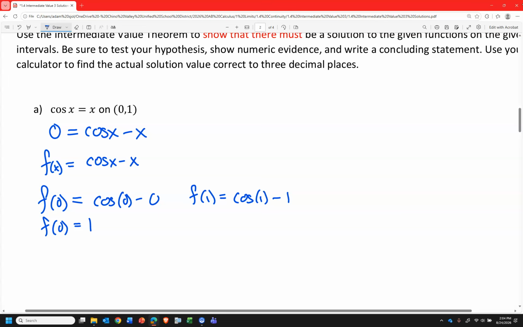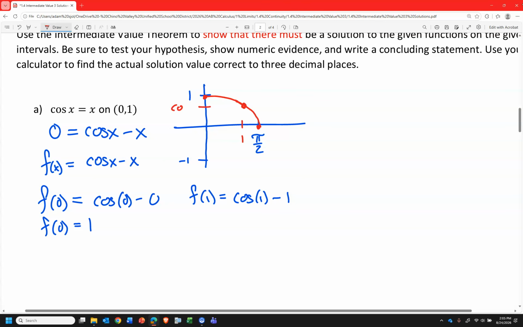Now that's harder because normally thinking about the cosine graph, we think about cosine of 0 is 1, cosine of pi halves is 0, and we don't normally use numbers like 1. Okay, but what you can be certain of is 1 is between 0 and pi halves,